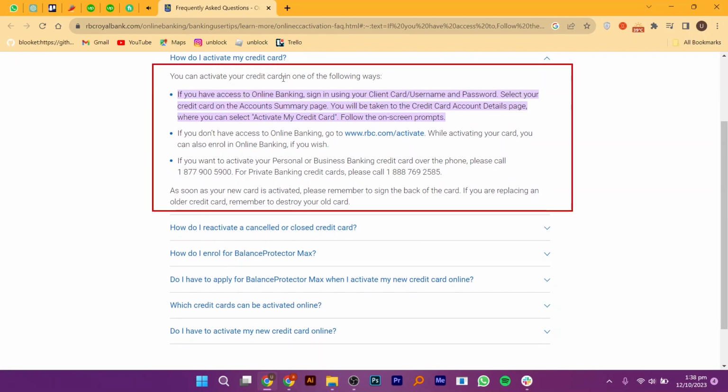You can activate your credit card in one of the following ways. If you have access to online banking, sign in using your client card or username and password. Select your credit card on the account summary page. You will be taken to the credit card account details page, where you can select Activate My Credit Card, follow